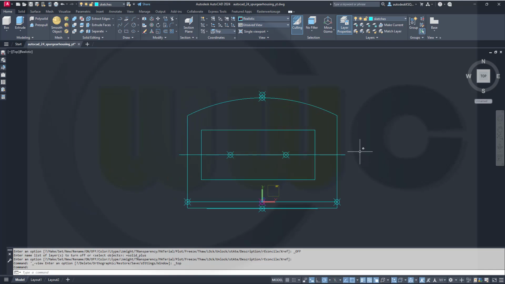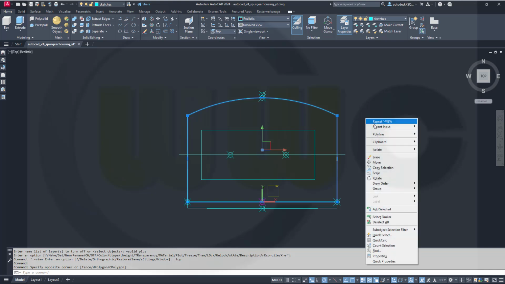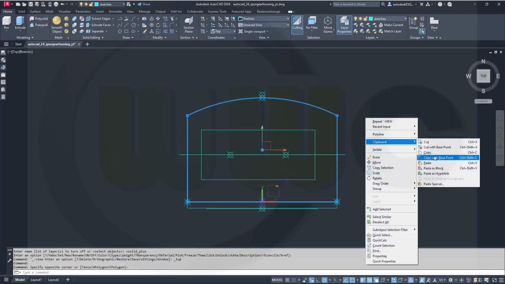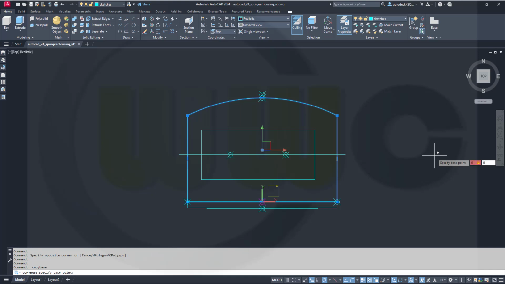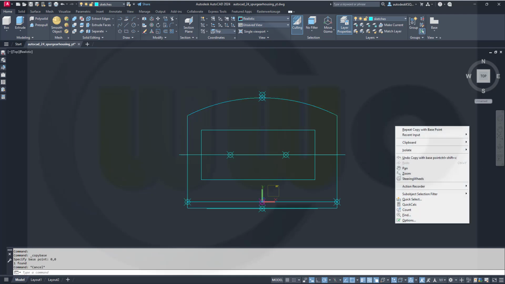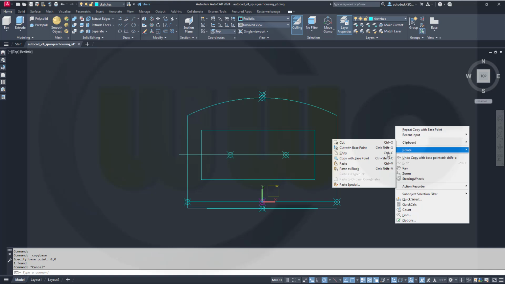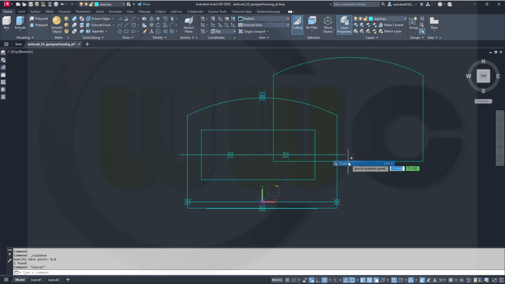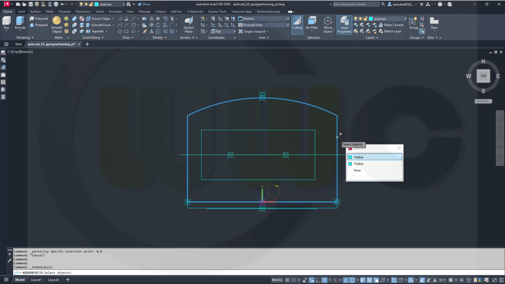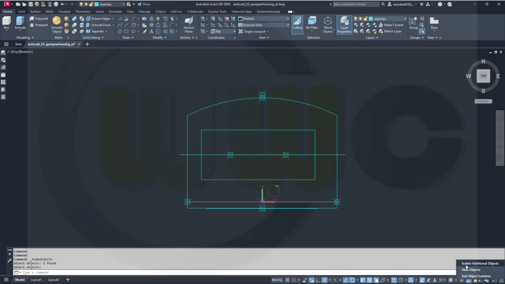Like that. Now I want to copy that curve here. Right click, go for clipboard, copy with base point. Base point could be 0, 0. Then go for clipboard and paste it at 0, 0. And now I want to hide one of those 2 curves. Right click. Great. And I could isolate